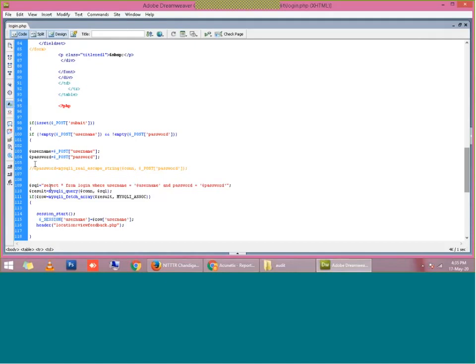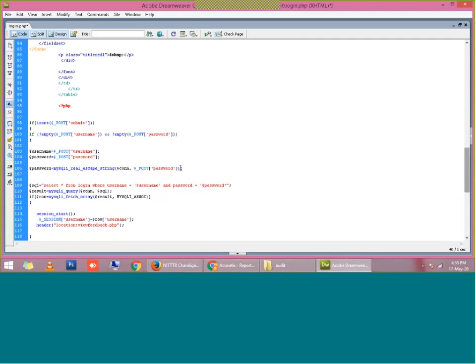To avoid this type of dangerous character, I will use an inbuilt function of the programming language. There is an inbuilt function called mysql_real_escape_string. This is an inbuilt function of PHP which will escape the dangerous characters from the entered username or password. I am filtering the password field here only. Similarly, you can filter your username also. You just have to pass the collected username here.